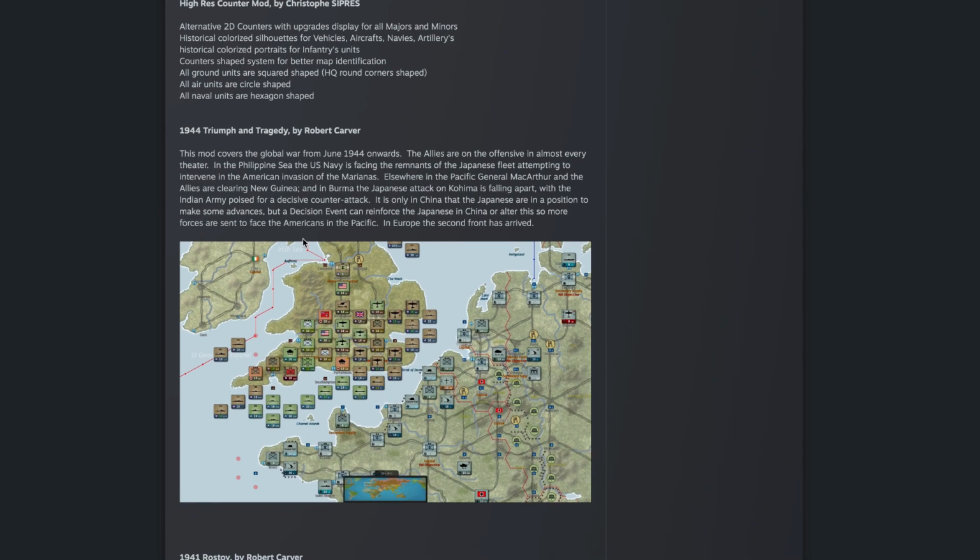So you got the 1944 Triumph and Tragedy. This looks like to be a mod, yes, from the global war from 1944 onwards. The Allies are on the offensive in almost every theater. Philippine Sea, U.S. Navy is facing Japanese remnants attempting to intervene. We all know what the situation is in '44. So let's go into the juicy details of the...